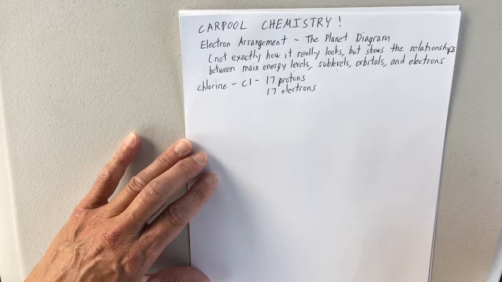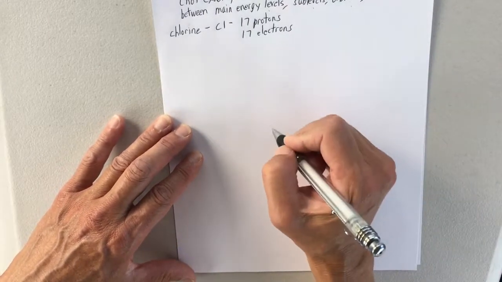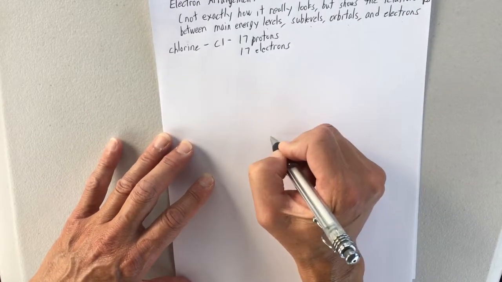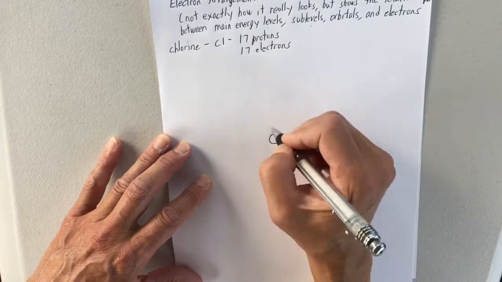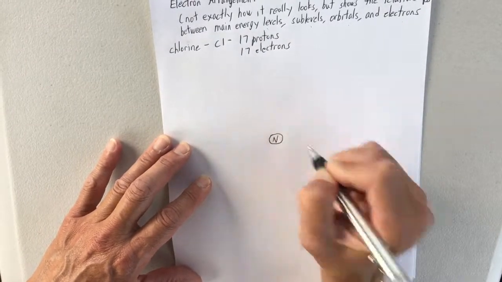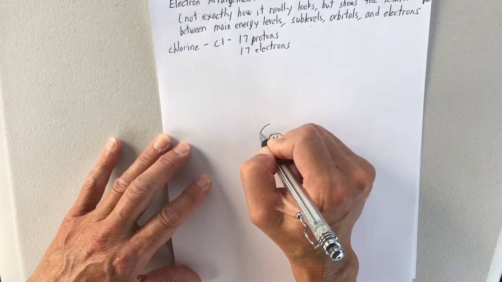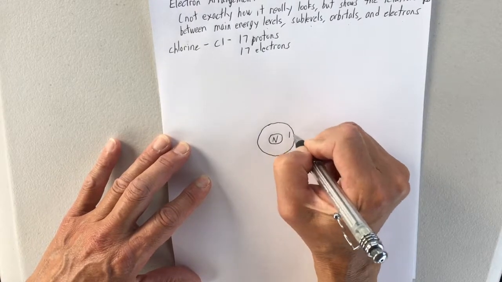And to see how that's all related to each other, let's draw what we call a planet diagram. Once again, this isn't how it really looks, but it's just a representation so we see the relationships between each. First of all, let's start off with the nucleus. Now, chlorine has 17 electrons, and the first 2 electrons are going to go in what we call the first